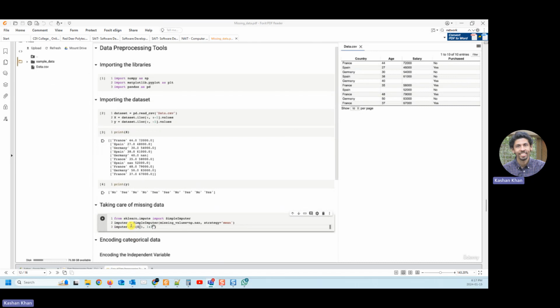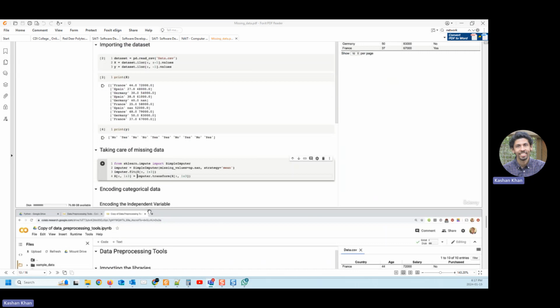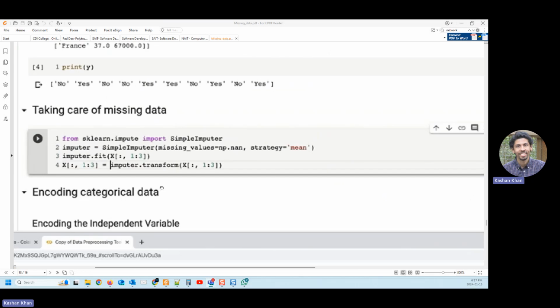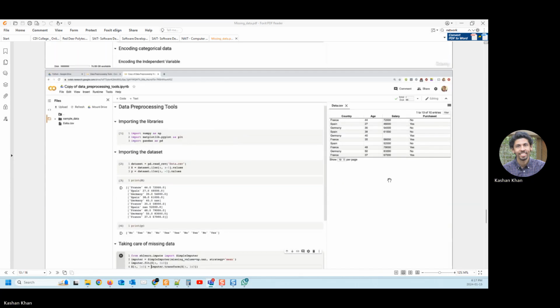The imputer object's dot fit method, if you look at it properly, requires the data frame that says I want to include all the rows, starting from column number 1 and ending at column number 2. The reason I say column number 2, even though the number is written as 3, is that remember in Python,